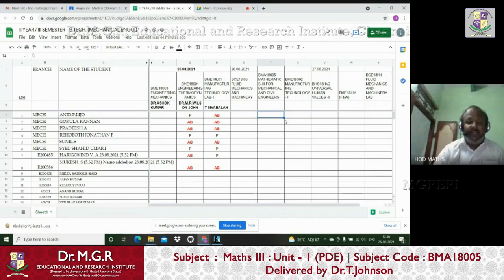Similarly, at the end of the class, after I say class is over, within 2 minutes before I'm leaving the class, you have to enter your name and number, then I close the things. Only by checking the in attendance, oral attendance and out attendance will I give the final attendance. So don't think it is present or absent already; I can change it at any time. After the end of the class, I will check how many people gave it. If some people are left out in between, I put absent.